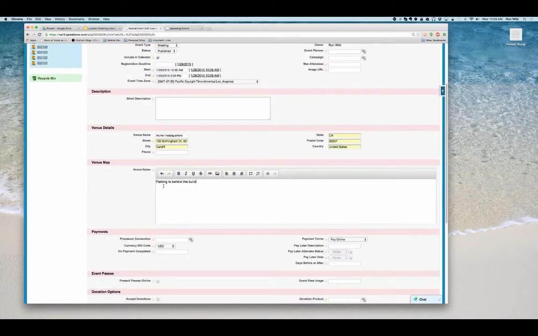We can add information about the venue. This will be displayed on the registration page. And then we can pick the processor that we want to use for taking our registration fees. So we have an Authorize.net processor connection that's been set up,